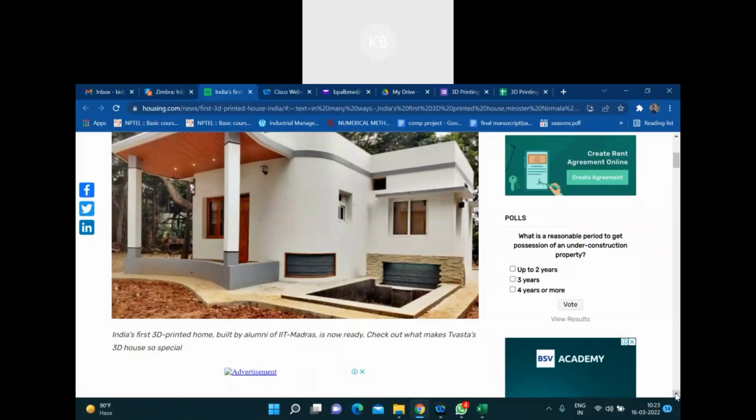Now, you can see, boys and girls, you can always search IIT Madras and 3D printing, and you will get this. It is made by a startup, and that is what we want. You generate your own employment, not run after getting jobs. You create job opportunities. So with the innovative ideas and the new technologies that you have, please go ahead. This is one direction which will make India proud.